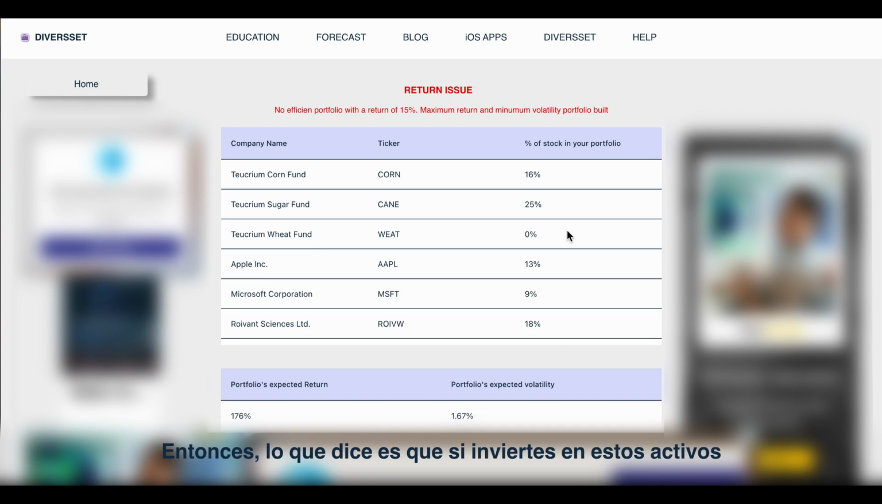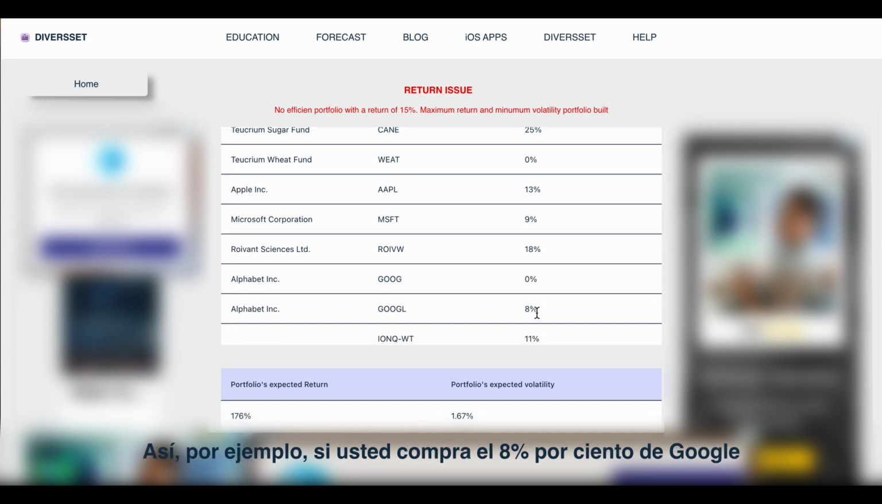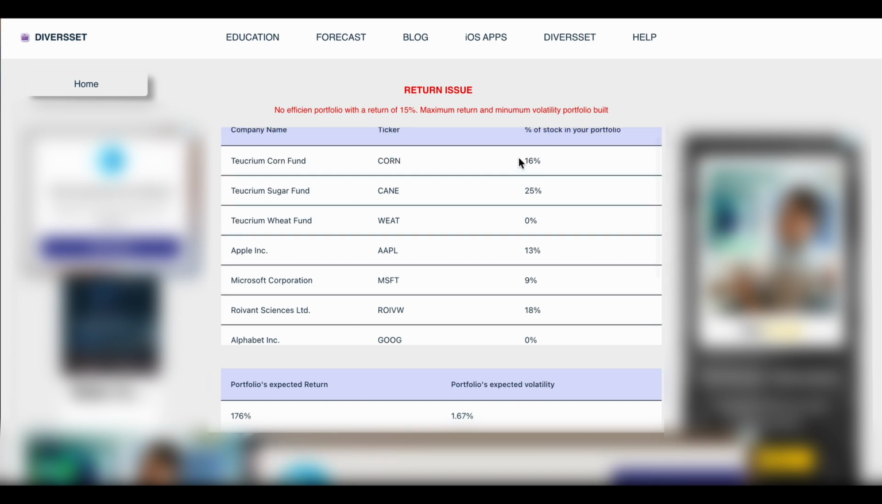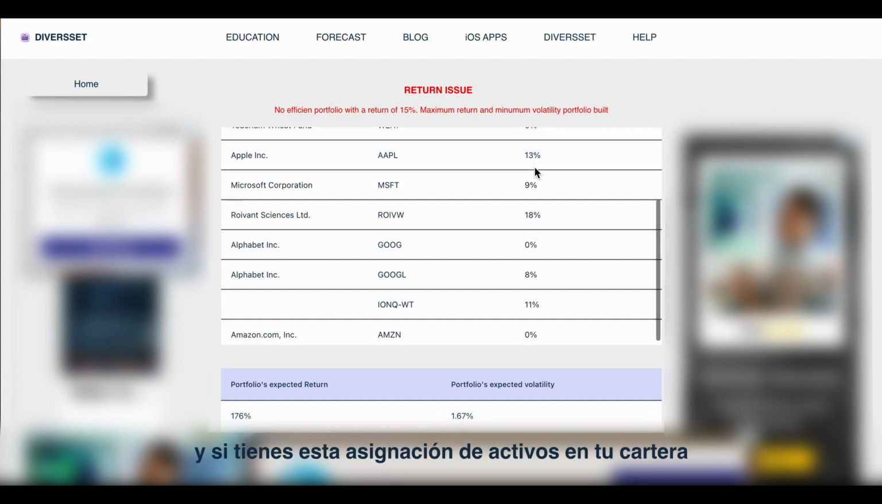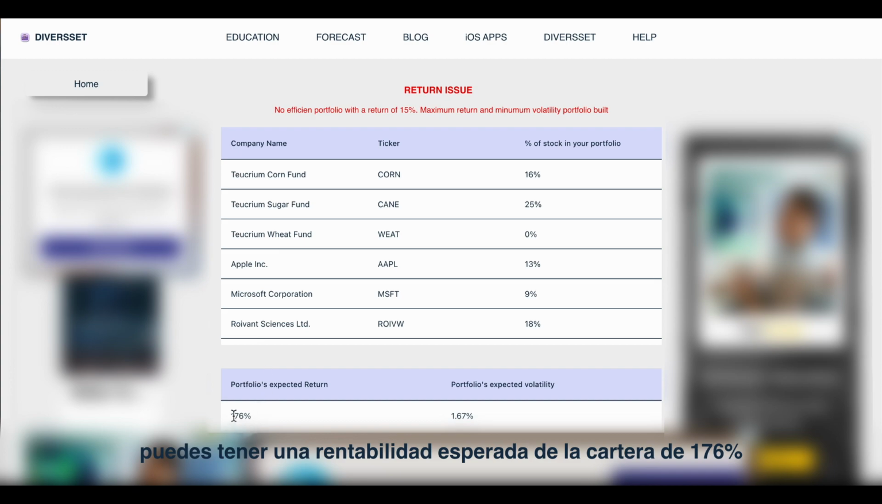So what it says is that if you invest in these assets, these are the funds and these are the stocks. For example, if you buy 8% of Alphabet, 13% of Apple, and 16% of this fund, and you have this asset allocation in your portfolio, you can have a portfolio expected return of 176%, and the portfolio's expected volatility of 167%. So in this case, the application builds your portfolio from the maximum possible return and the minimum possible expected